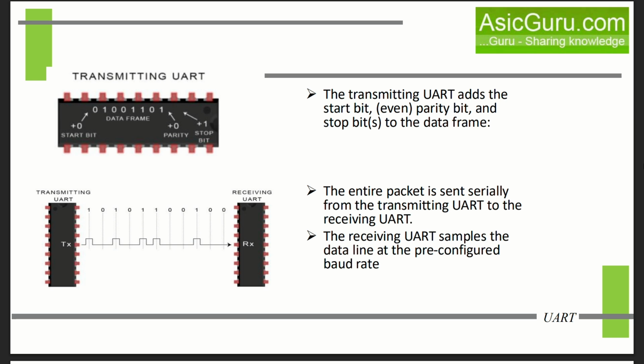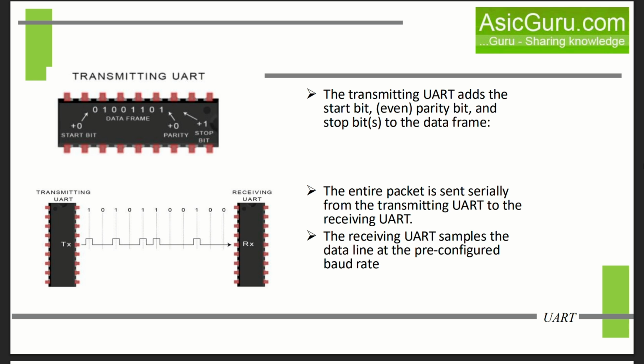Next, the transmitting UART adds a start bit, possibly a parity bit, and stop bits to create the complete data frame. Then this entire packet is sent serially, one bit at a time, from the transmitting UART to the receiving UART. On the other end, the receiving UART samples the data line at the pre-configured baud rate